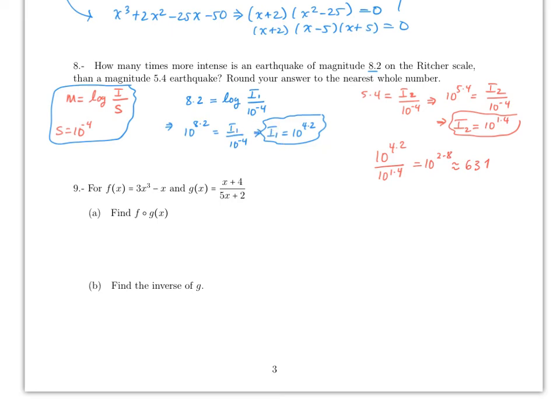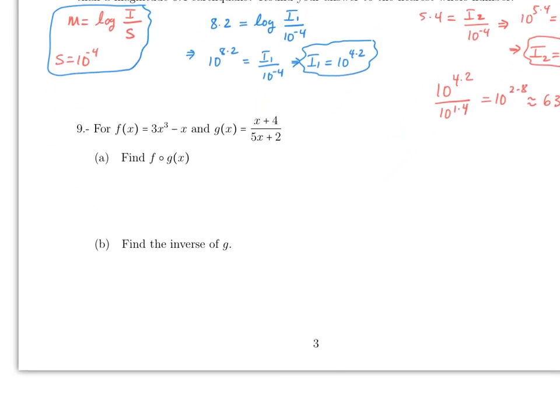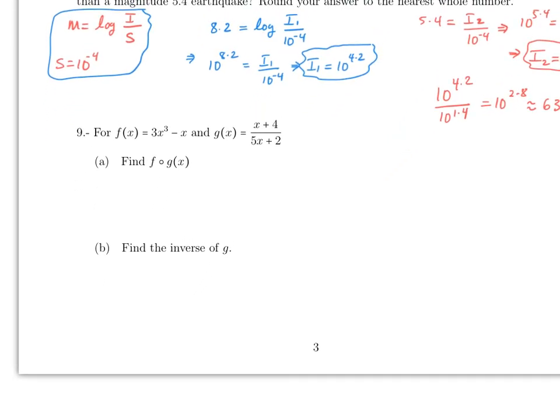All right, number 9 is also the same kind of question that you saw in participation 4. So remember, this is f of g, which will be 3 minus x plus 4 over 5x plus 2, so that's just x plus 4 over 5x plus 2, and that's it. Just leave it alone. Now the inverse of g,